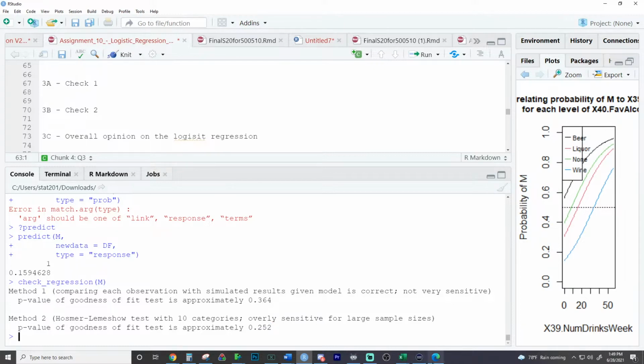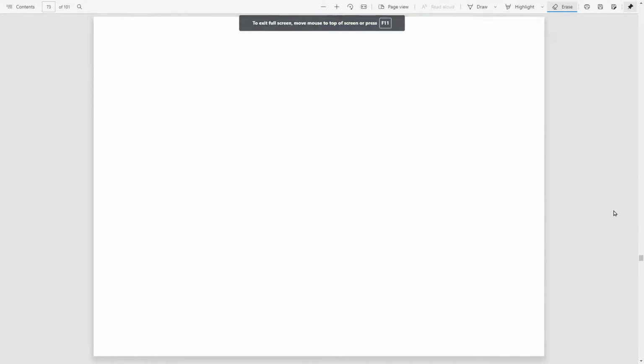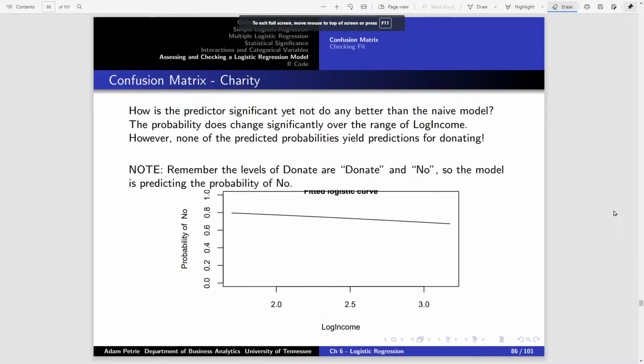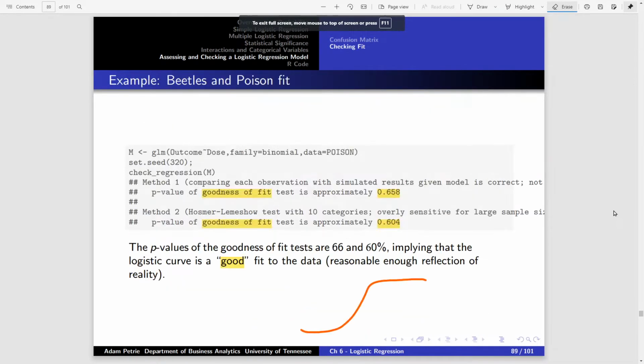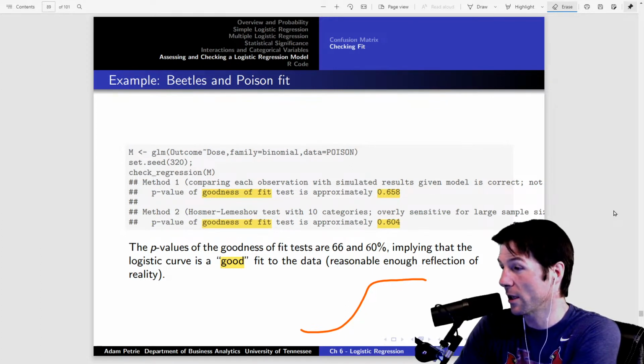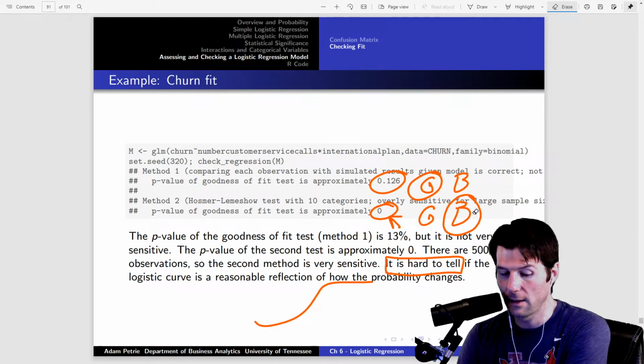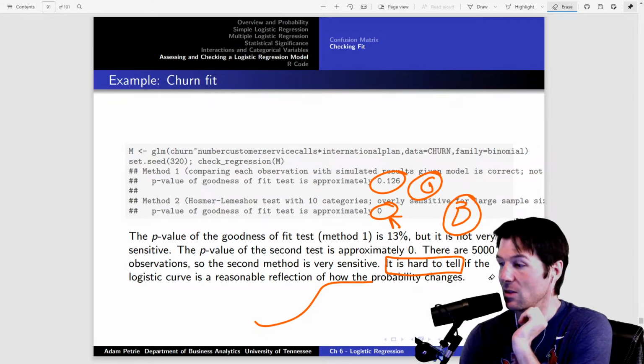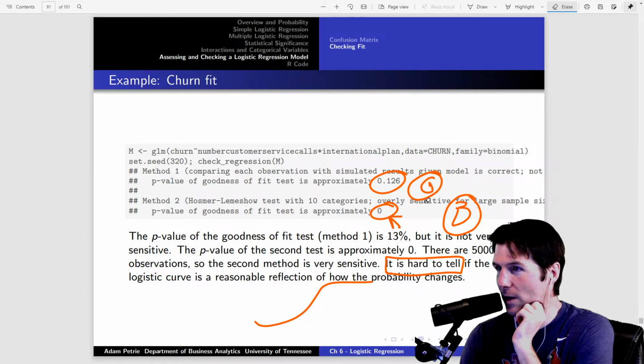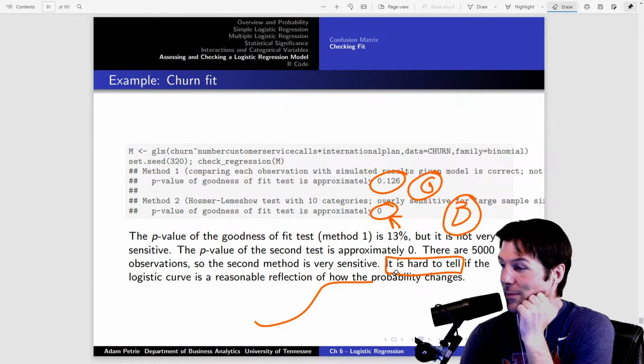When we do check regressions, what is the high p-value telling us? When we do check regressions, what are these high p-values? It's 2 friends, basically. And your 2 friends are talking to you. And sometimes one of your friends will tell you it's a bad idea. Sometimes one of your friends will tell you it's a good idea. And in that instance, it's hard to tell what to do. This friend says, no, don't do it. This friend says, yeah, it's fine. And then you're like, well, I don't know.